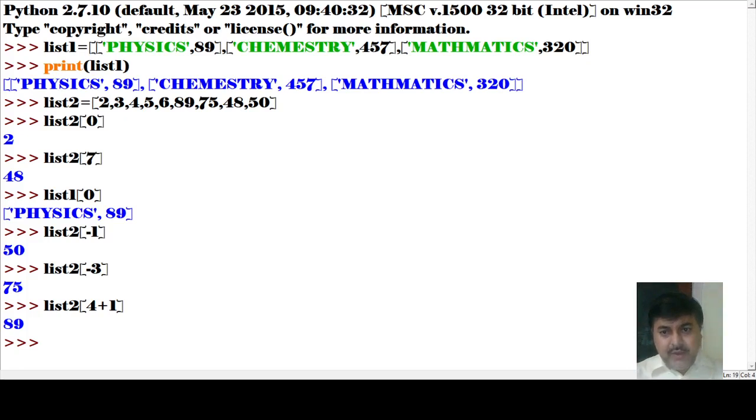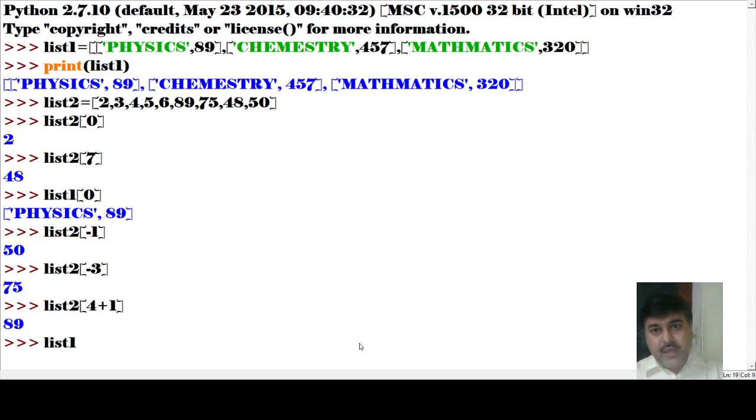So if we give some values, suppose I am writing here list 1, mutable. Now I am going to mutate the list. So when I want to mutate the list, what will I write?